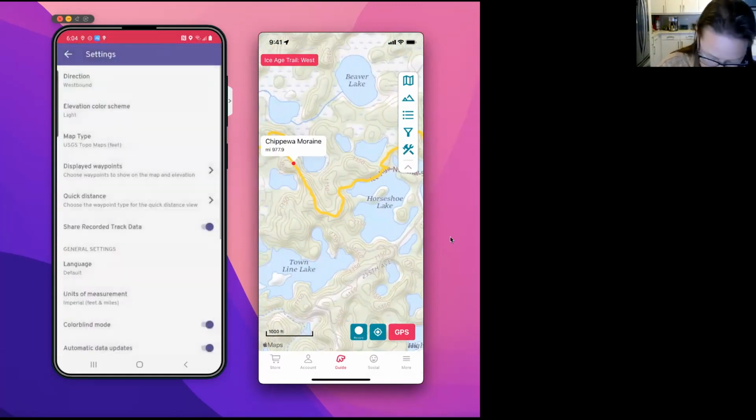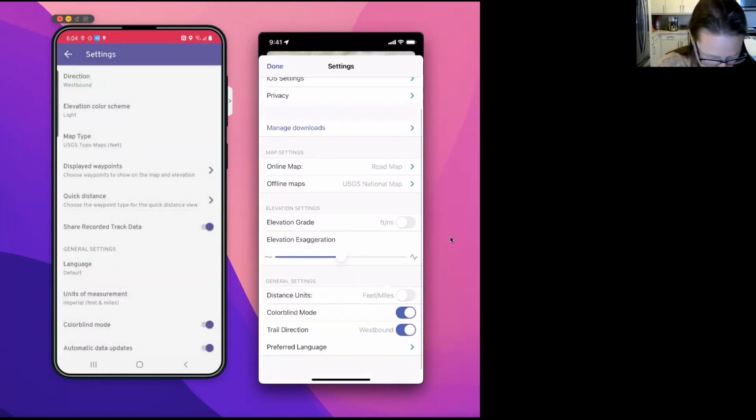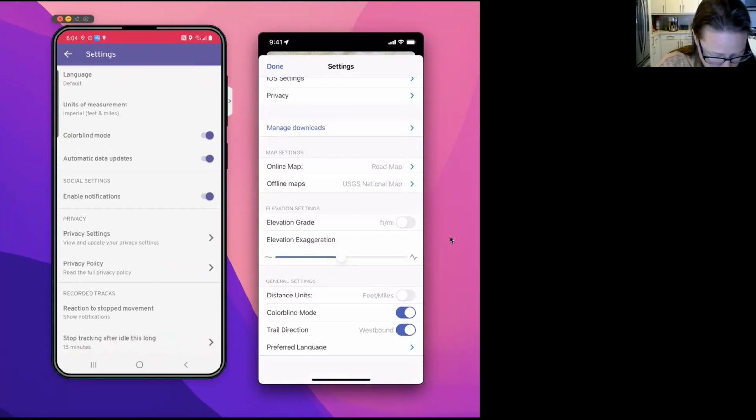So those are just some of the settings. You can just fool around with those and see what all the different settings are. Yeah. And then the legal stuff down here, privacy policy. Okay, so